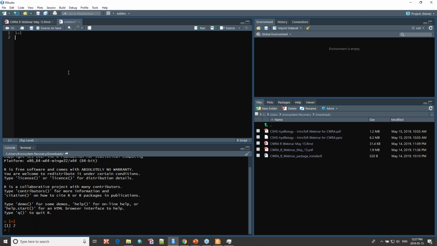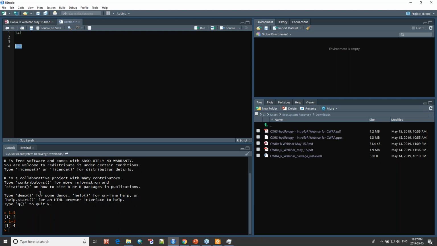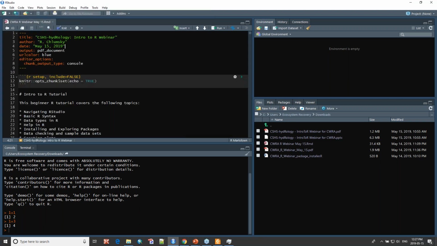So for example, if we go 1+1, 1+3, very simple stuff, this is just storing in a text file. And then if you want to run it, it will output to the console. So I'm just going Control Enter or hit run, and that will output it to the console, and you can see that result is in the console window. And then if I wanted to, I could save this, if I'm working on it, or do something else with it. So that's basically a layout of what the RStudio